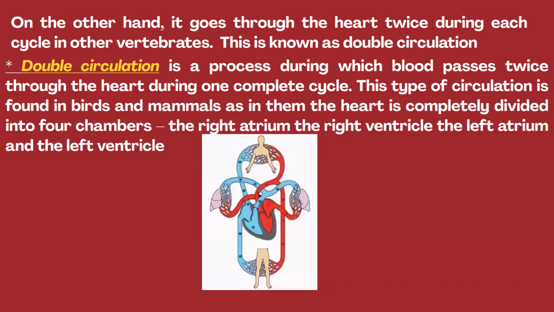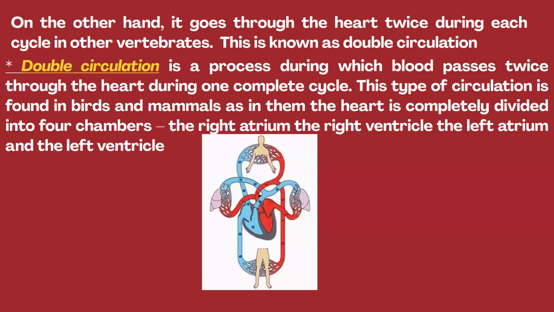The proper definition of double circulation is the process during which the blood passes twice through the heart during one complete cycle. This type of circulation is found in birds and mammals, as in them the heart is